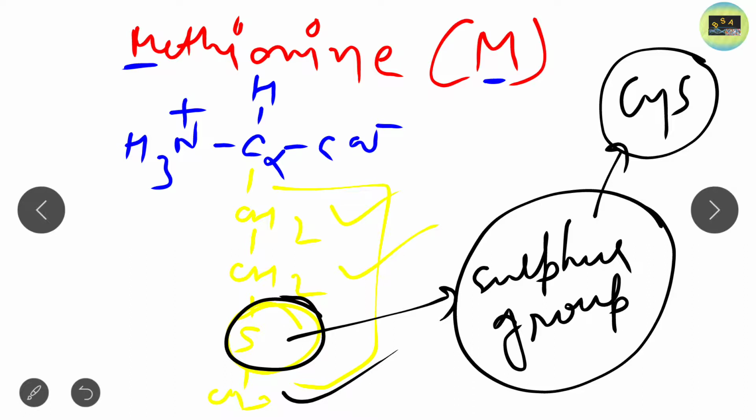Clear? And remember another point about methionine is that methionine is not going to form the disulfide bridge. So this is about methionine, and the single letter code is M. Clear? Next,